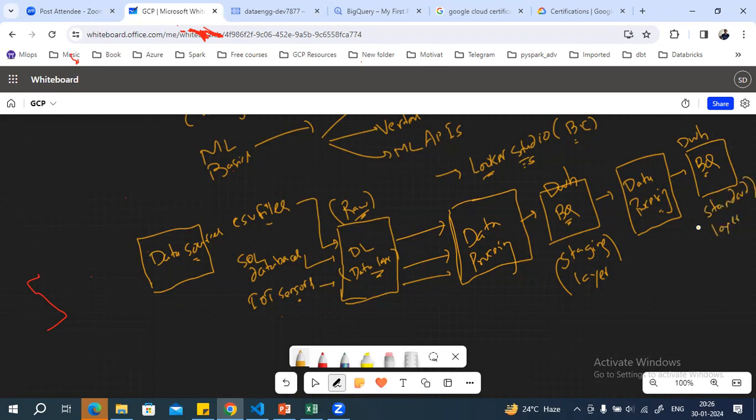So this is my complete end-to-end pipeline. I have the raw layer, and then the next layer is the staging layer, where I'm storing the staging data. And after the staging layer, I have my standard layer. So for each of the layers, you'll be having a data model. So you need to have a data model